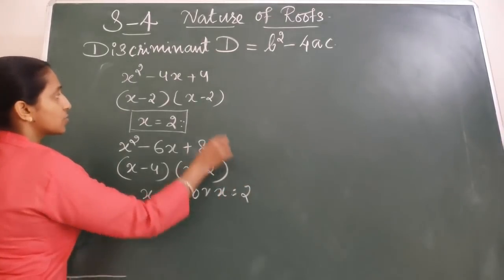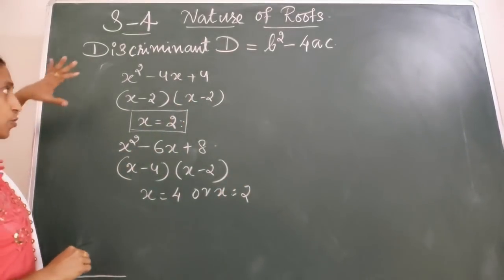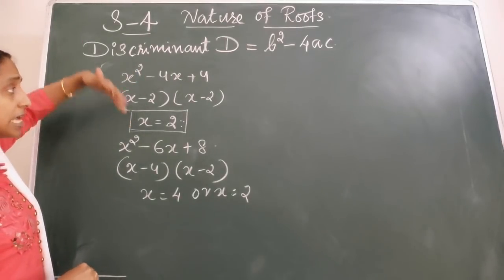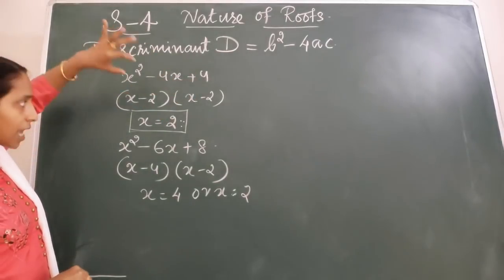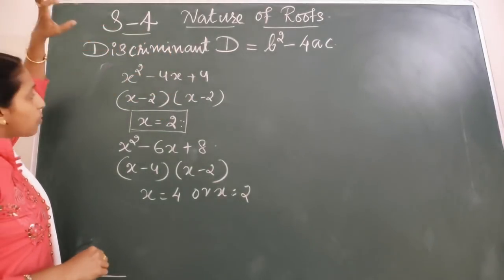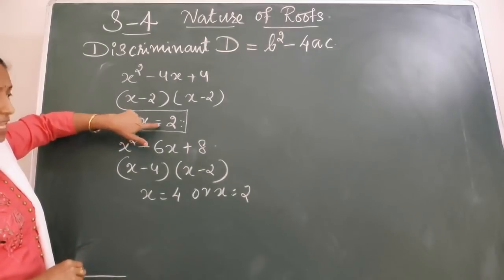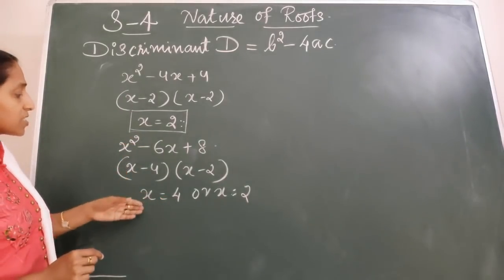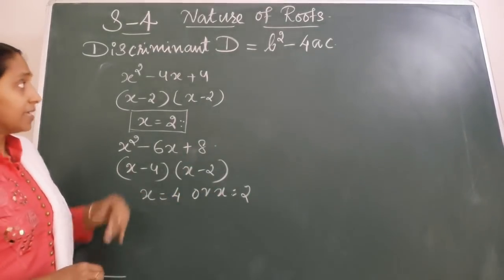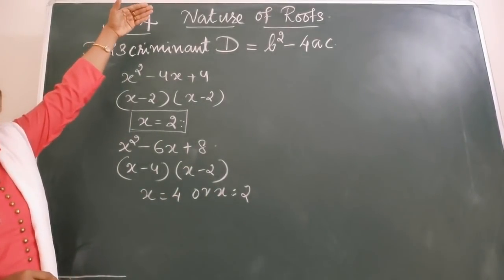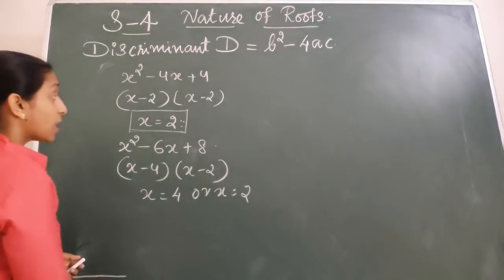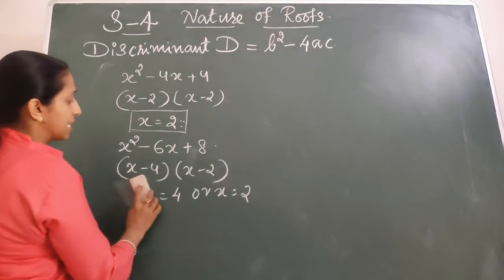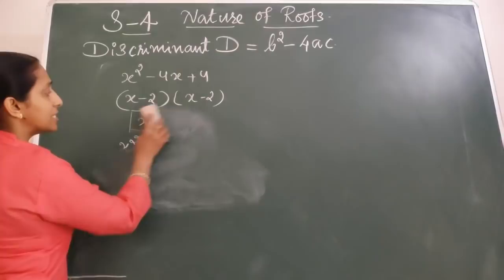So you can see two different types of quadratic equation having different types of roots. First case, both the roots are the same. You are having two values of x but both the values are the same, and in the second equation you are getting again two values for x, but both the values are different. That is what is meant by nature of roots. Now without solving the whole formula we can find out the nature of roots. That's what we are going to discuss today.